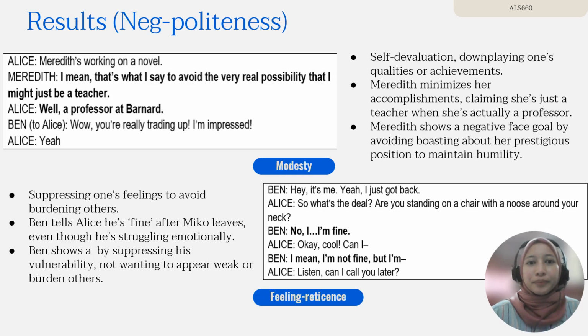And then next, we will look at negative politeness. We have the modesty maxim, which is the fourth in the list. It's about self-devaluation. In simple terms, this maxim involves downplaying one's own qualities or achievements to appear humble or modest. A typical example of this is when someone deflects a compliment or downplays their abilities. Leech mentions that rather than accepting a compliment directly, people practicing modesty might say something that diminishes the value of